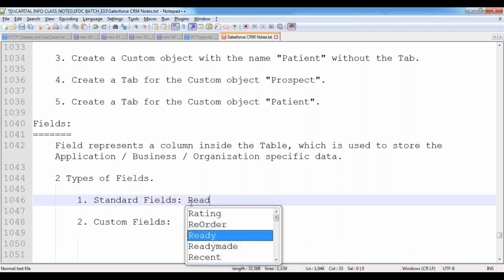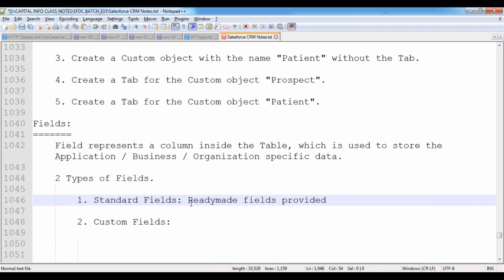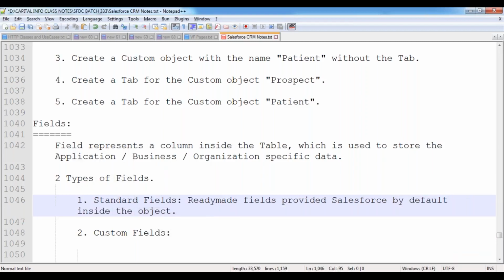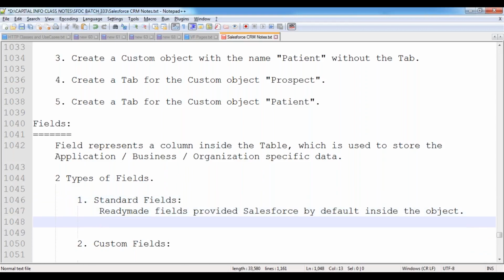Standard fields in the sense, what? Ready-made fields provided by Salesforce by default. Standard fields are nothing but the ready-made fields which have been given by Salesforce by default inside the object. Upon creating the object, by default, Salesforce provides a few ready-made fields which are called standard fields.